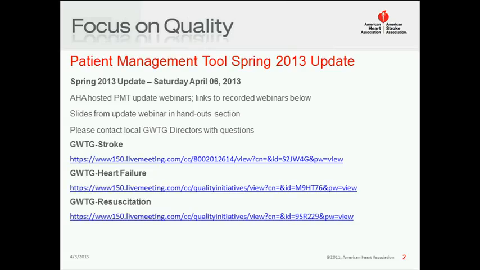And also in your handout icon, you can download the links to those recorded webinars. So I just want to urge you, if you do have any data entry that you need to complete or files that need to be completed, you may want to make it a priority to get those done by Saturday before there are any changes that may impact your data entry.